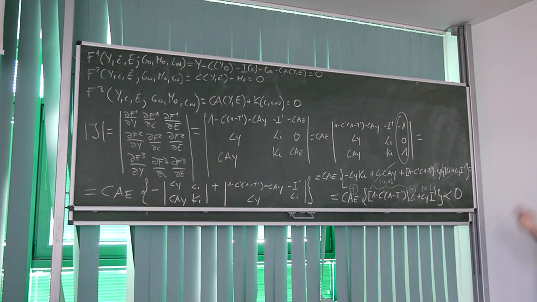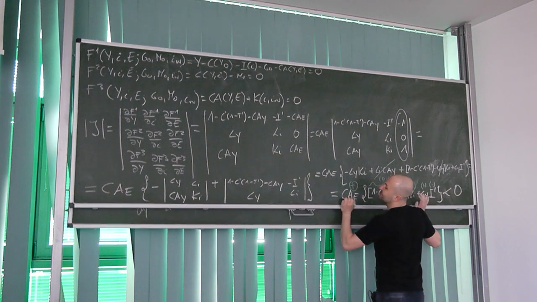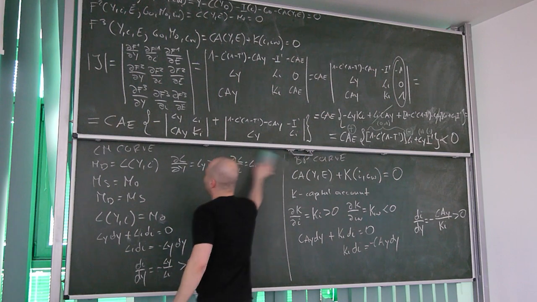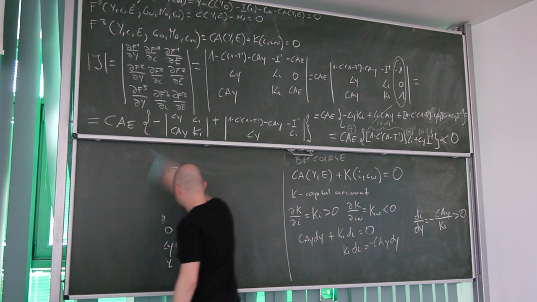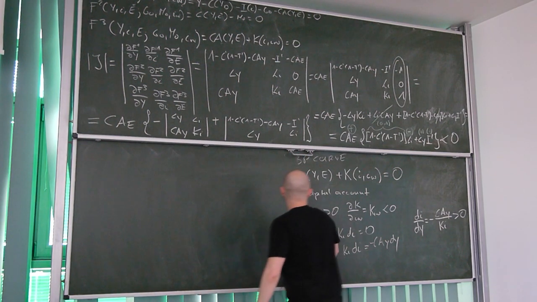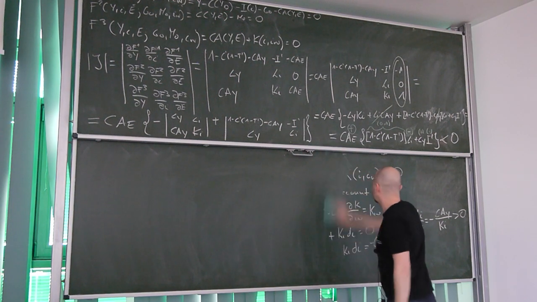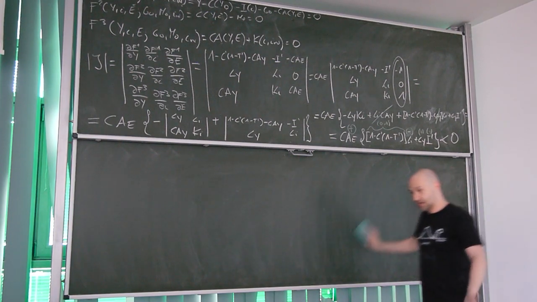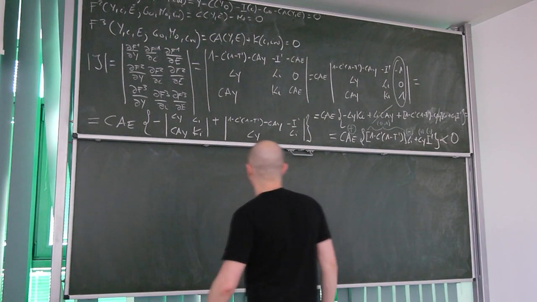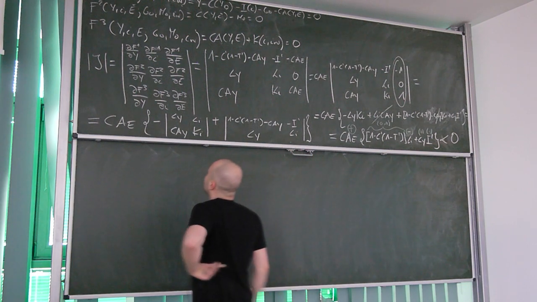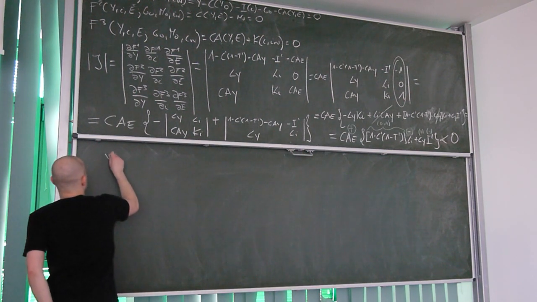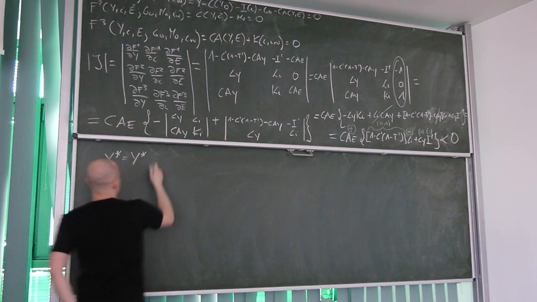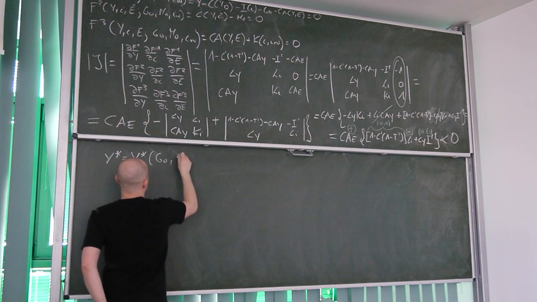And if this is clearly negative, it means that it's definitely different than 0. And if it's different than 0, the conditions of the implicit function theorem for a system of simultaneous equations are fulfilled. And if it's fulfilled, then we can write that those equations imply y as a function of g0,